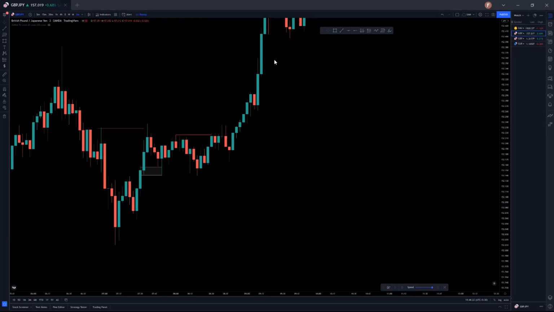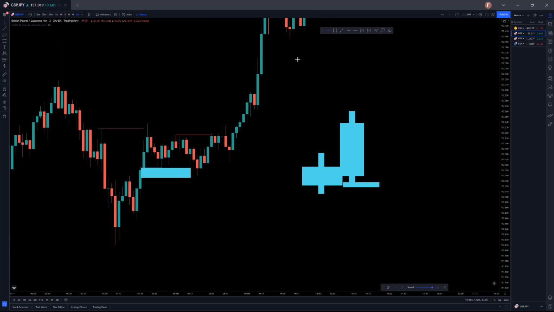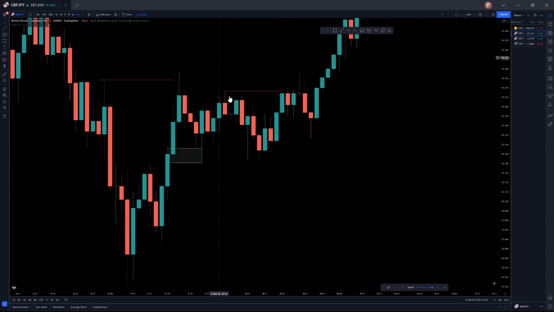Now I would like to remind you again. 1 hour was like this. You were expecting it to make like this. So this wick is this on the lower time frame. That 1 hour lower wick is this. You are expecting that to end, but how can you know? You need a CHoCH. So once price did this on the 1 minute, you can simply take this entry on the 1 minute, keeping your stop just below in anticipation that price will continue in your direction.